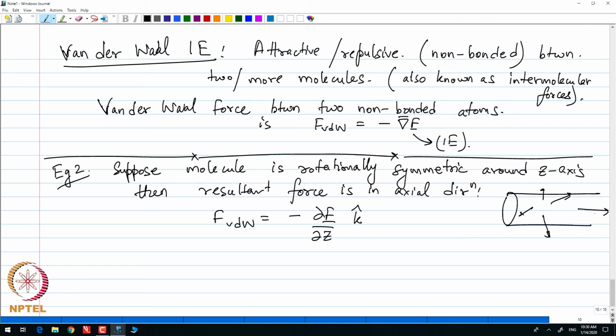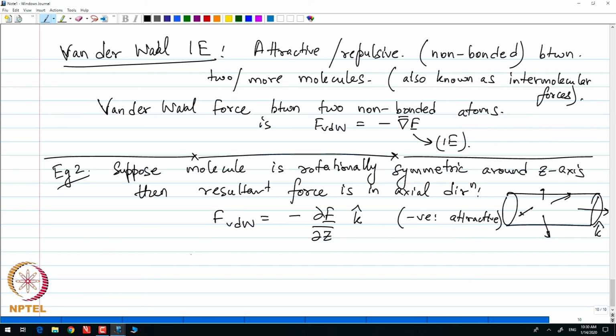So, my k hat is the direction that I have shown in the figure. Notice that along R all the components of the force cancel each other. Okay. So, again negative sign means attractive,